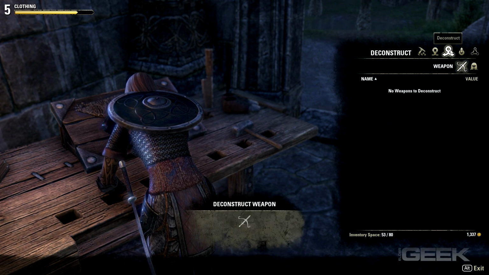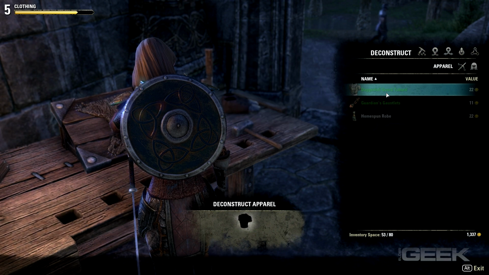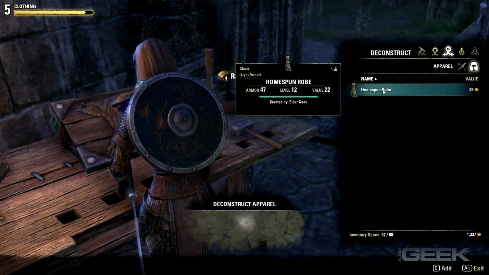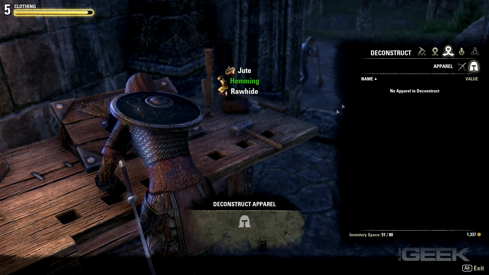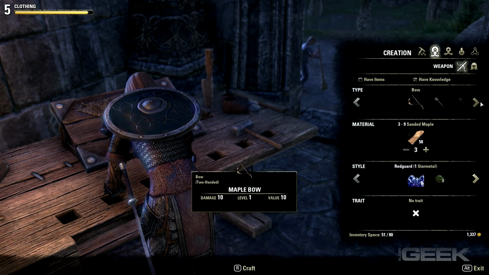Again, just for the sake of this demonstration, I'm going to go ahead and deconstruct everything. I'm a heavy armor wearing person anyway. So I'm breaking these down. So let's go ahead and create something. Star metal, and we'll make...